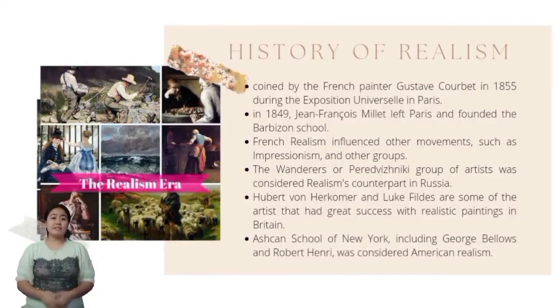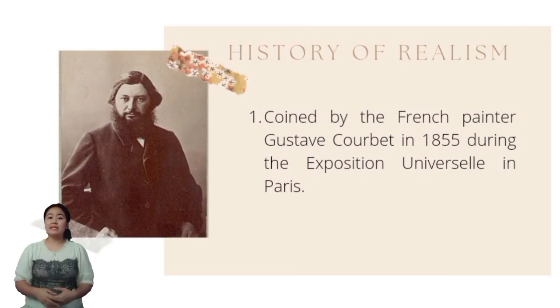Now let's talk about the history of realism. The year 1855 was significant in the establishment of realism in Europe. The term realism was coined by the French painter Gustave Courbet. It was the year in which he exhibited his work in Paris in the Pavillon du Réalisme, a building that he himself paid for. He exhibited about 40 paintings, including A Burial at Ornans and The Painter's Studio, which he had been refused by the jury of the Exposition Universelle,